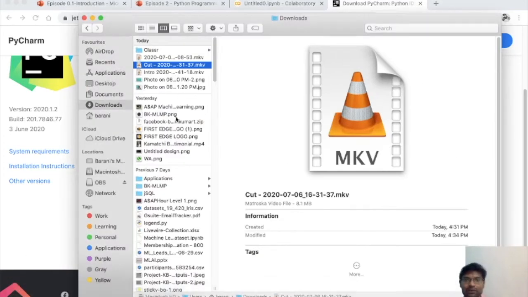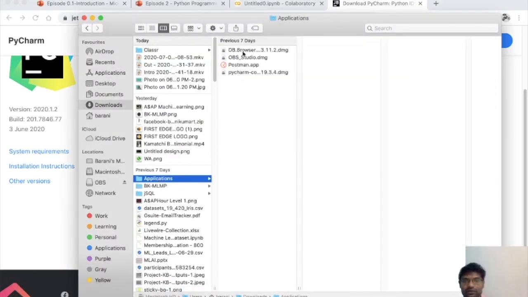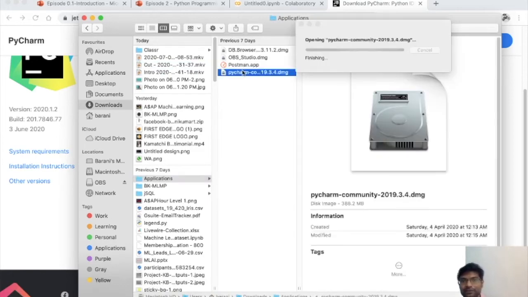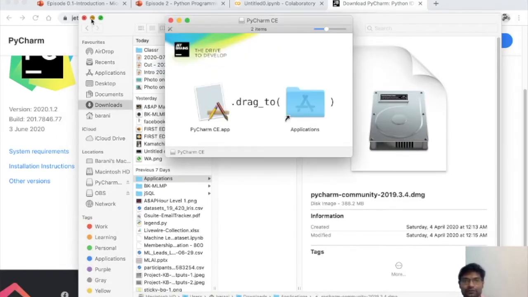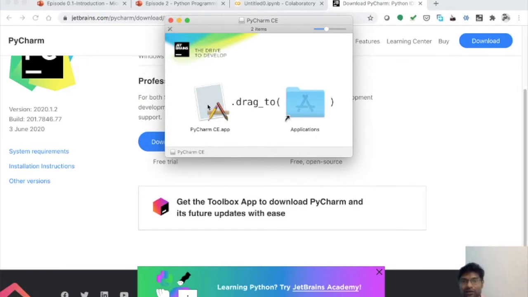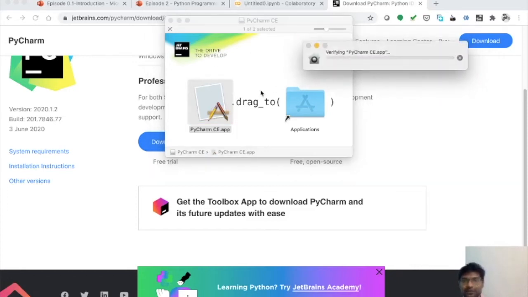So let me open the PyCharm software application present inside my computer. I have my PyCharm application downloaded already, I'm just opening it. You'll get a similar window like this. The first window that comes up is called the project window. Using that project window, you will be able to create and set up a Python project for your development.